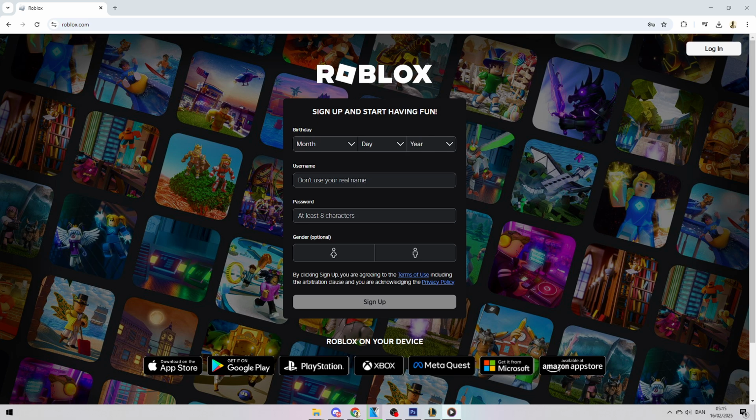In this guide, I will show you how to download and install Roblox on your PC easily. Make sure to watch until the end so you don't miss any important steps. Let's get started. First, open your web browser and go to